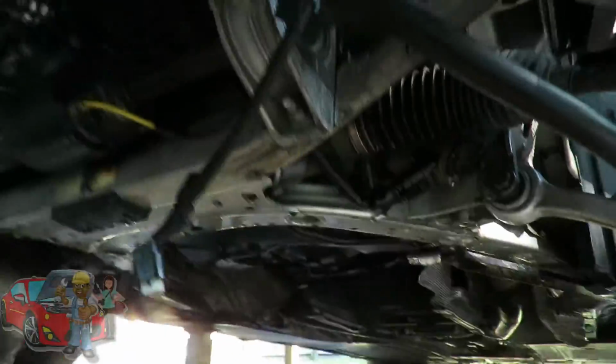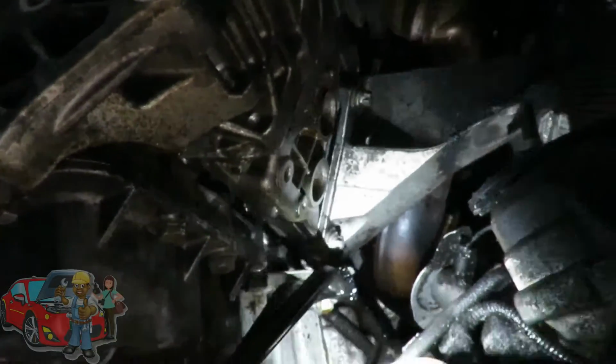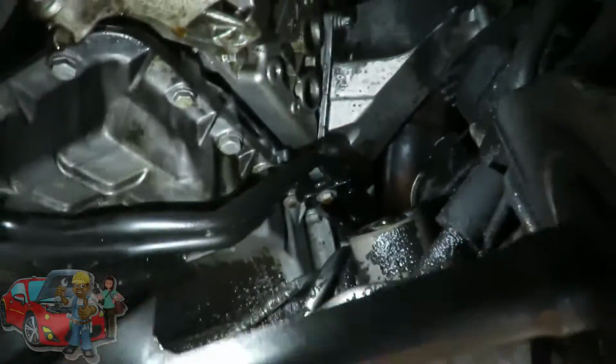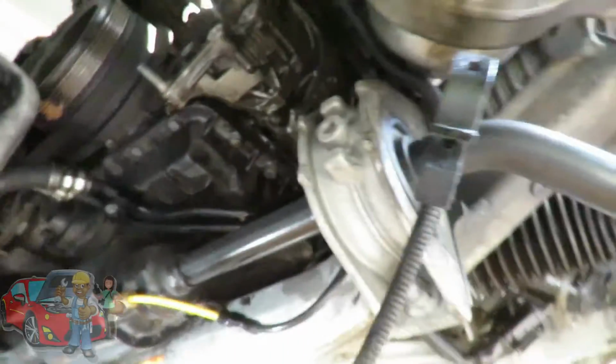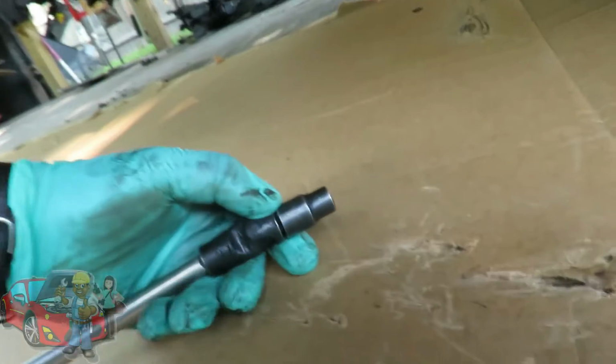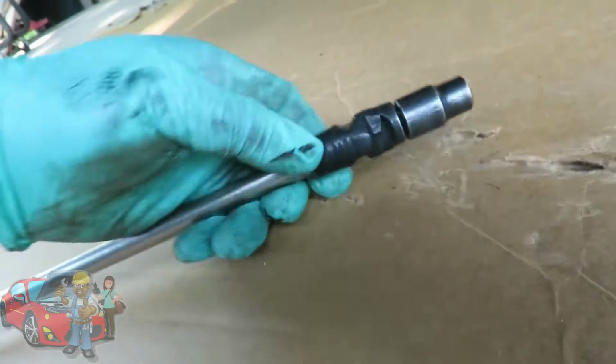But that's okay though, because the other 3 I can see right inside there. I can see 1, 2, and 3. So let's get those back ones first. Be right back. Alright guys, what I'm going to be using is a reversible E12 inverted Torx socket, a 3/8 drive extension,